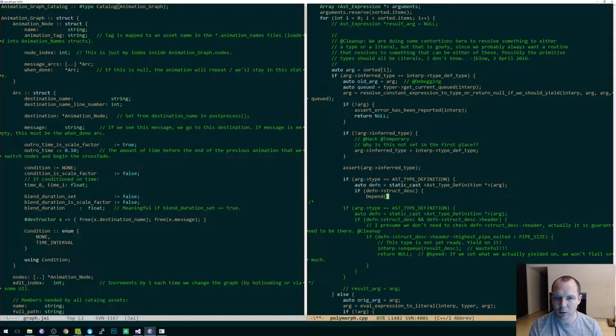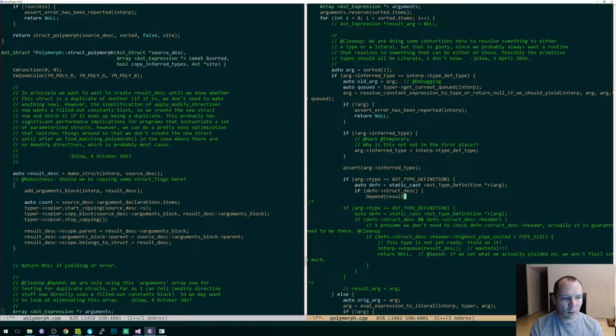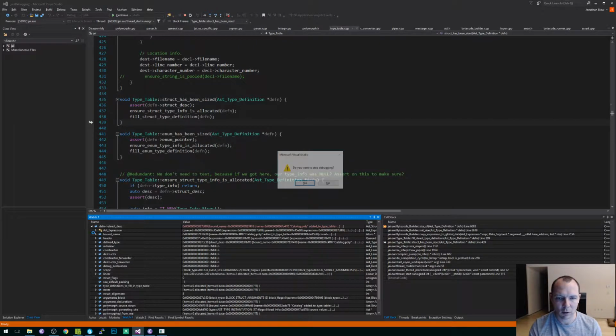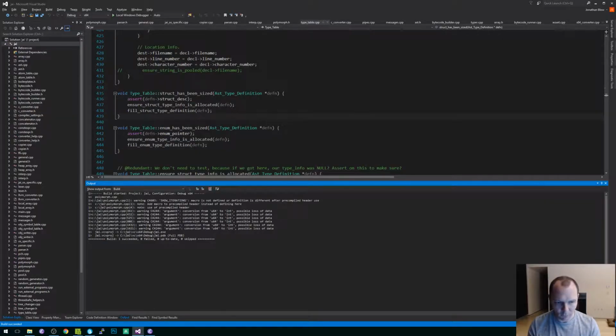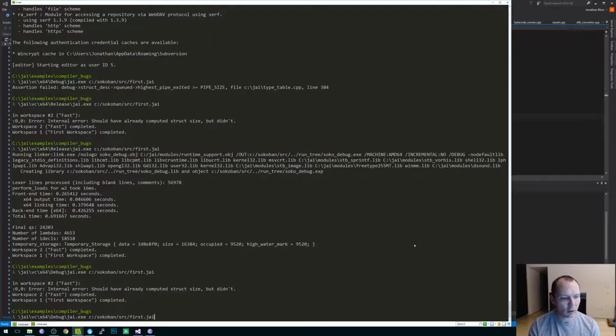Depend result decl define struct decl header pf size. That puts a size dependency between those guys. And then it's fine. We don't have to yield. We can return back and say, okay, this struct is comprised of these things. We just can't size it until later, which is fine because we don't need to size it until later.